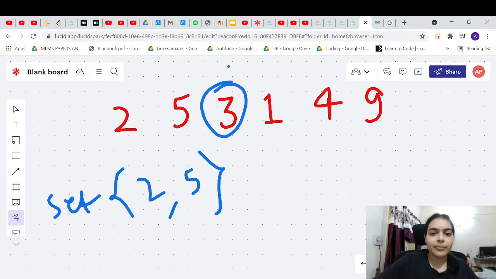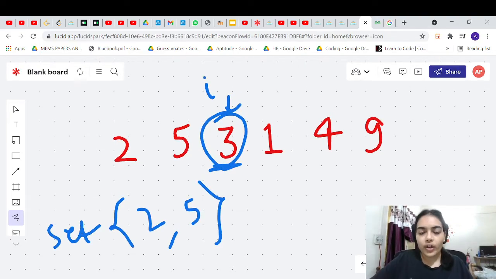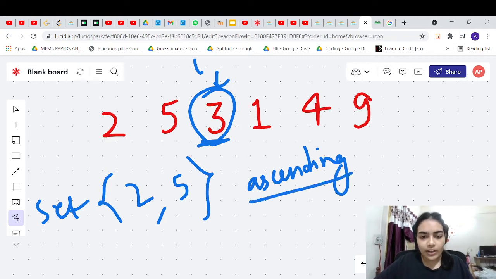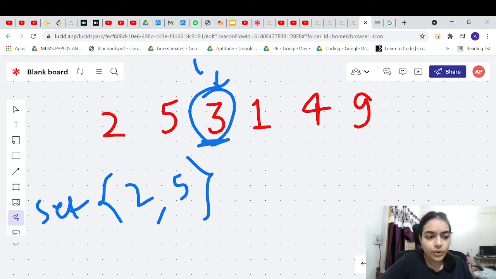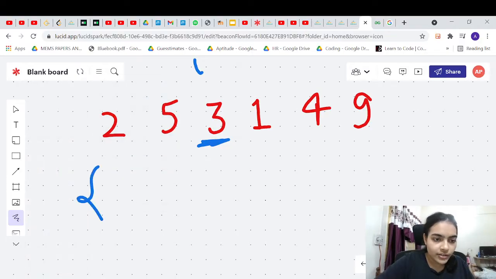Now when you see the element, okay, this is your ith iteration, and a of i is 3. Now for this element, you have to find the best on the left, right? So you can simply iterate in the set. Now set will store the elements in ascending order. So first of all we will insert the element 3. Now in the set, we already had 2 and 5. We are also inserting 3.